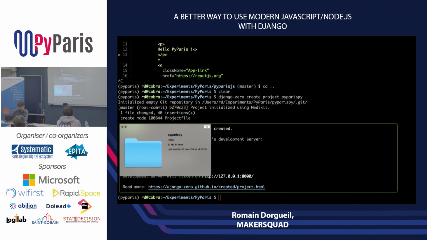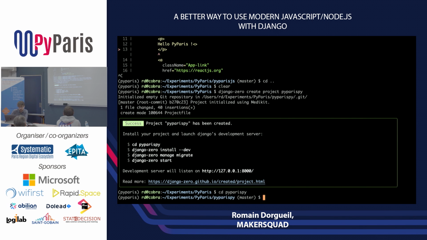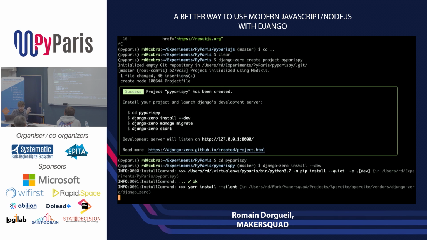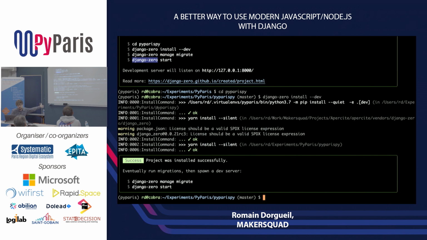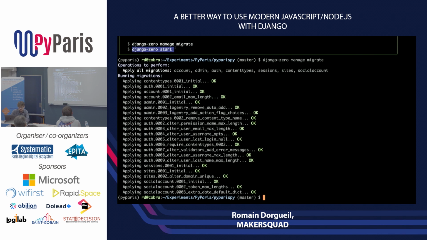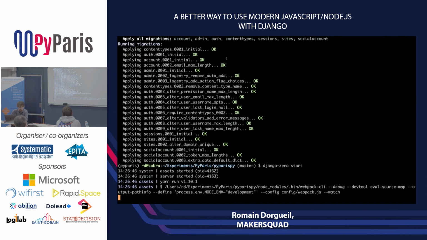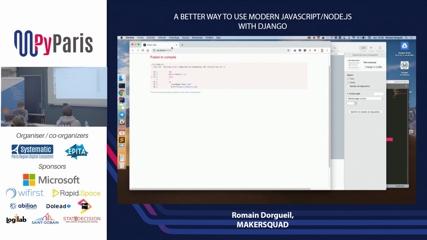So there are a few more steps for now. Maybe in the future it can be improved. It's why I really need your help. I can run this install. That could be bundled with the create project. Once again, I also download the whole earth of dependencies. Maybe it's not required, but I can run the Django migrations. And now I have a Django project that doesn't automatically open the browser, but